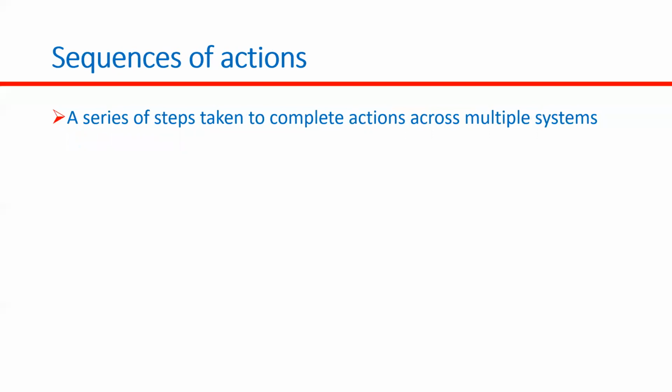And sequence of actions. So what does it mean by sequence of actions? Basically, if we want to build the automation process, we are going to use actions. Each and every action, we just pull and build our automation process. So the action can be like in a business process. If we want to raise a